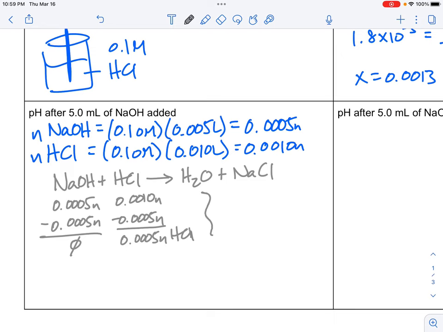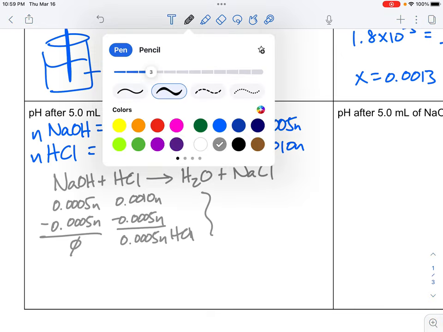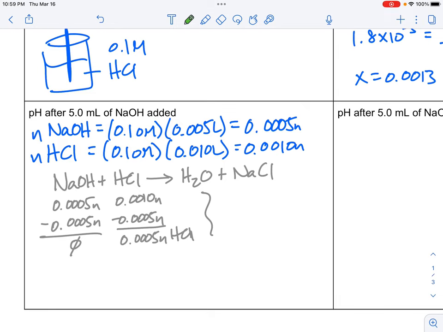The water we don't care about, in terms of it doesn't affect the pH, but what about NaCl? And what you remember from hydrolysis is that this is a neutral salt. This is a neutral salt. And so that we don't have to worry about because it's not affecting the pH. All right. So going back to what do we have left, we can figure out our concentration of our HCl,